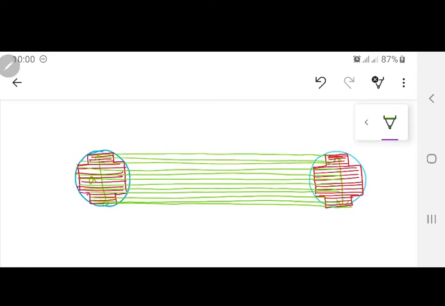I hope you are getting the idea, because there is no actual diagram in this book. That's why I'm drawing this one. This is the top view of your transformer. This is the limb. This is also a limb. This is the top view, and certainly this is the yoke.